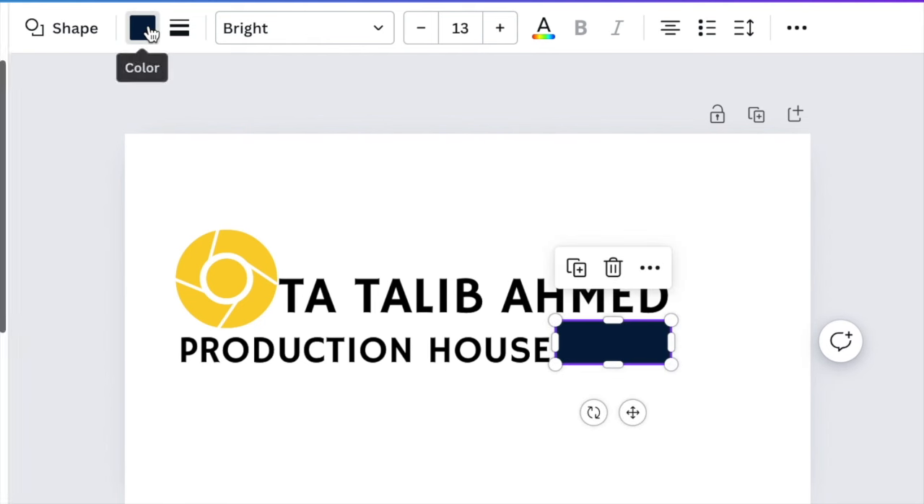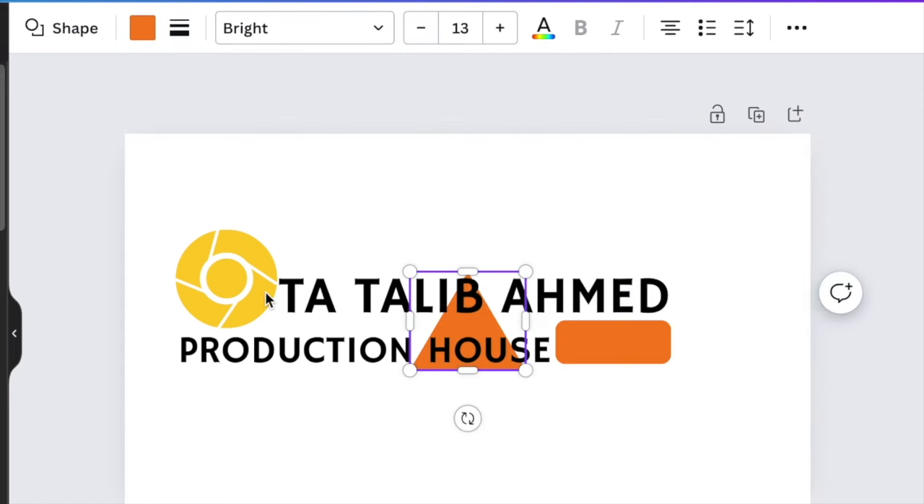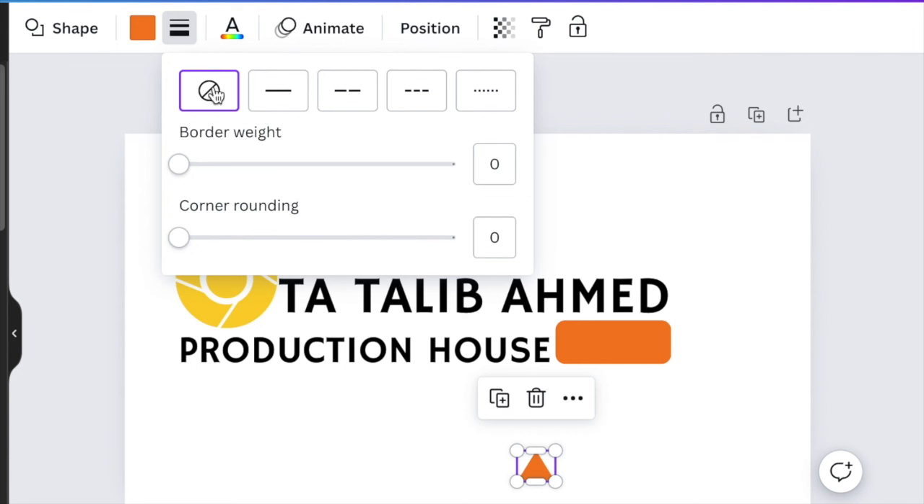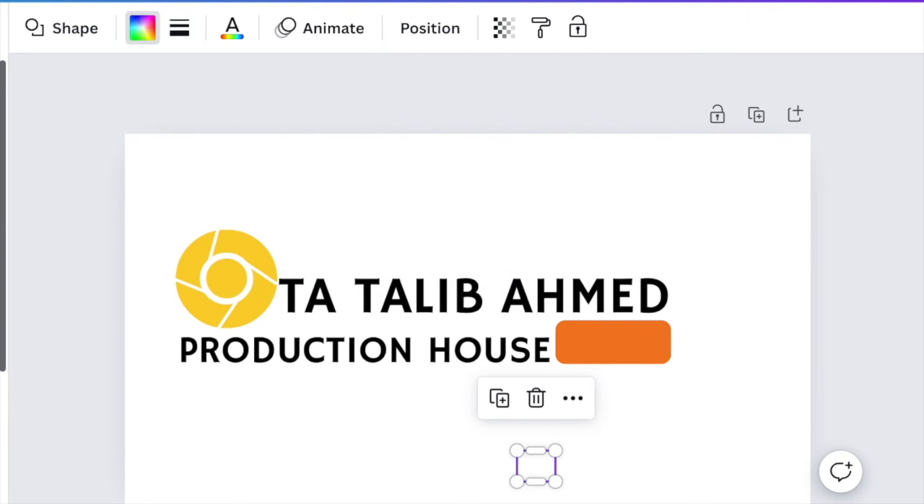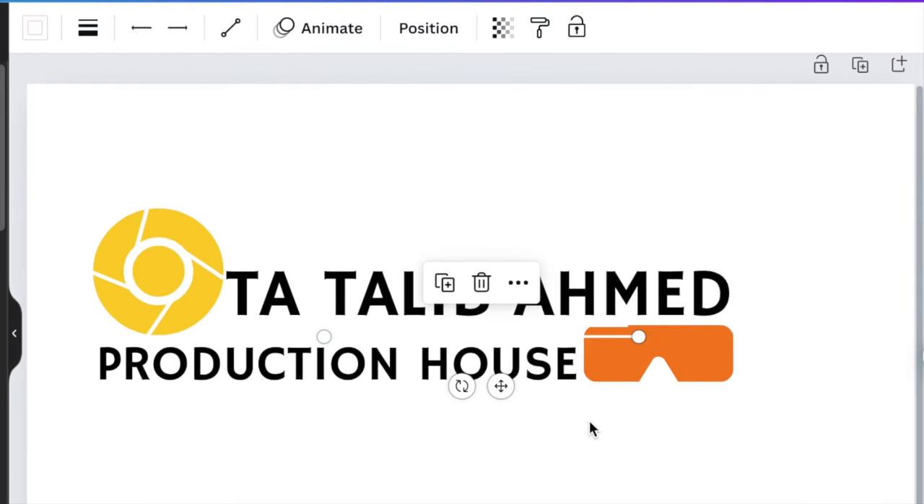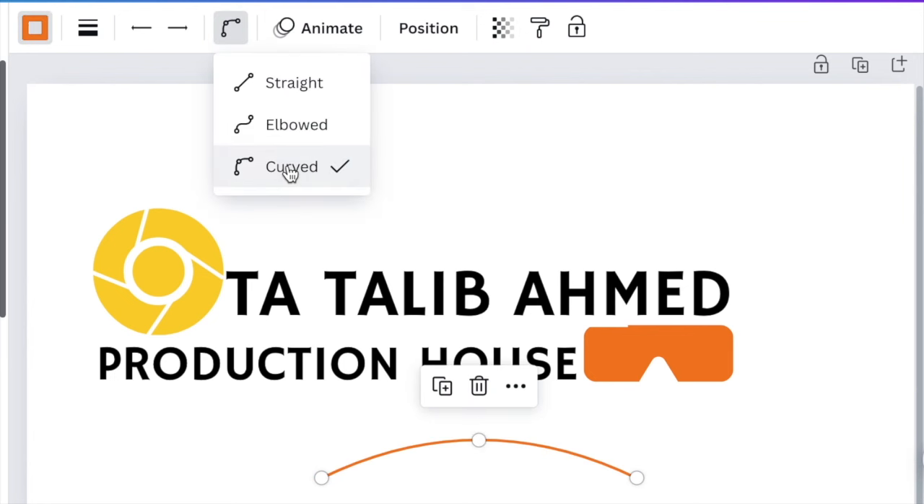And change that to a bright, beautiful orange color, and then add a triangle in order for you to create the VR goggles. So reduce your triangle so that it's small, and then go to your border styles, make the triangle rounded, and then change the color to white. Move that to your goggles so that you have VR goggles. So we can add an orange line, we can curve it,